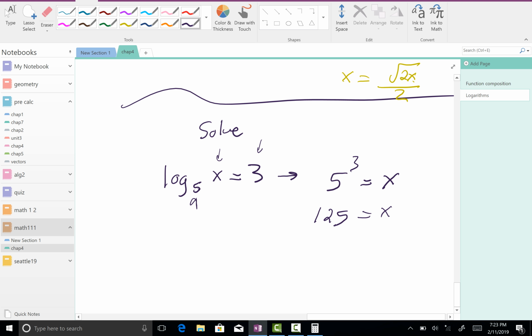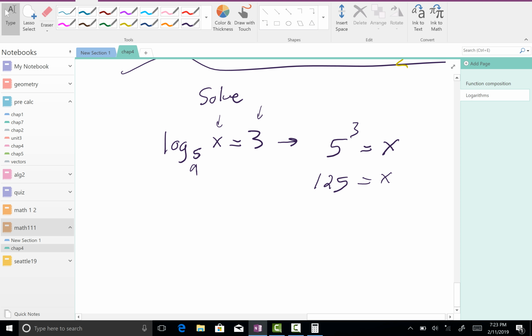Okay, we can get that. All right, so it looked kind of complicated, but shoot, we use the definition of a logarithm, done. Okay. So let's try one with